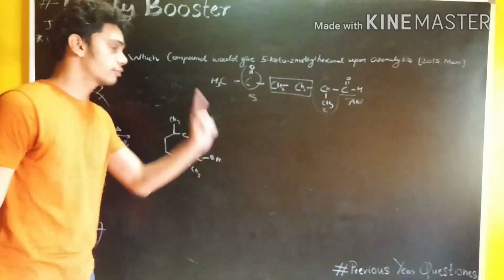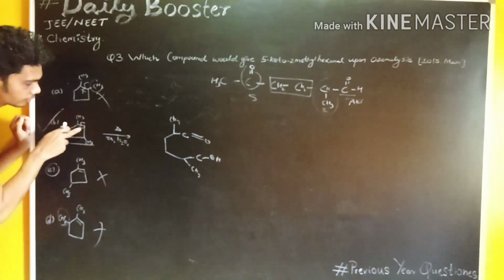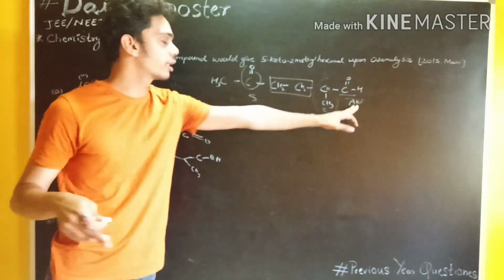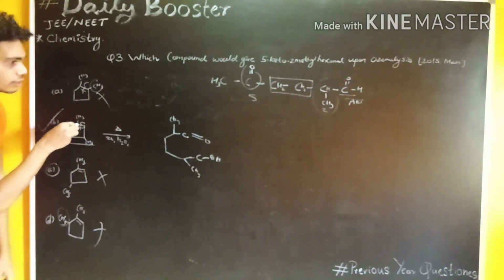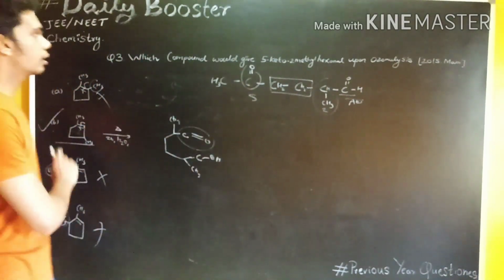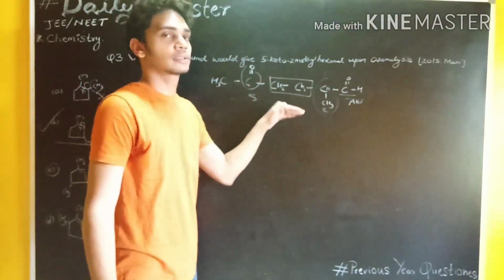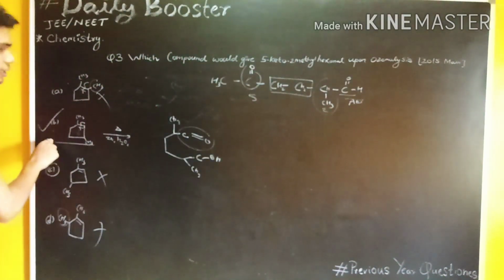By the cancellation method, first step, there is a double bond which, when cleaved, leads to the formation of the aldehyde group, and this carbon which is here leads to the formation of the keto group. So we get this product after the ozonolysis of option B. So option B is your answer.